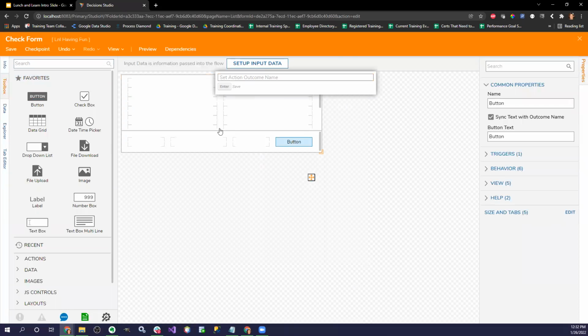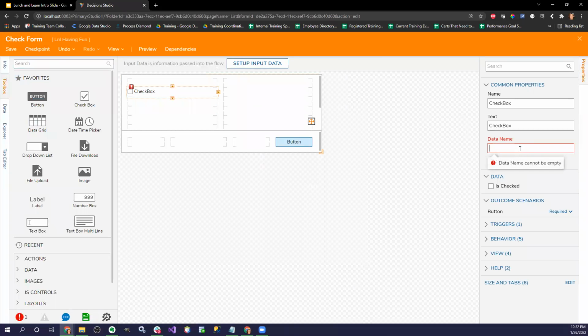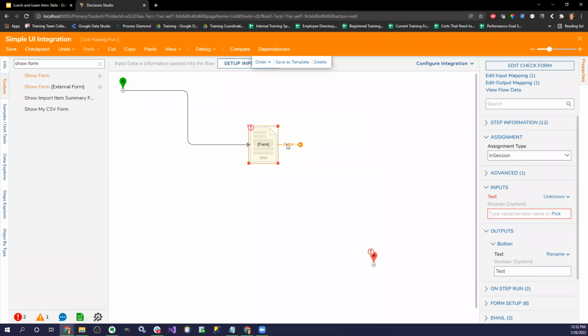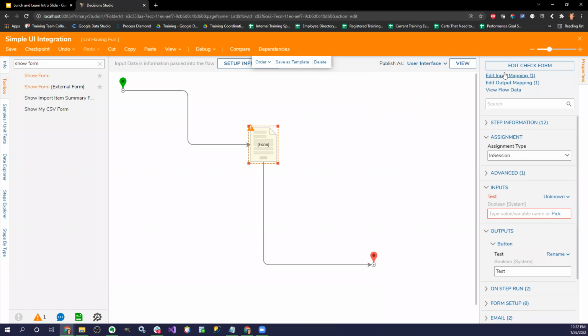Put a button here, and I'm just going to create a really simple checkbox like I did on our training server. That's that there. I'm going to add these. And now, since I have a UI element attached to this flow, I have an option of using a user interface. Since it's a form, that's the one that I'm going to do. I can specify the path by either ID or path. I'm going to use ID.